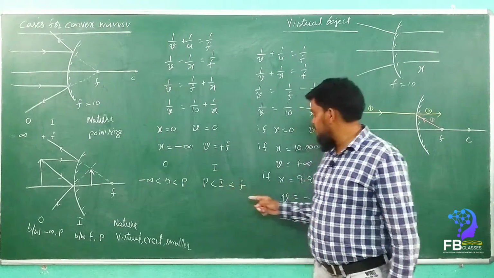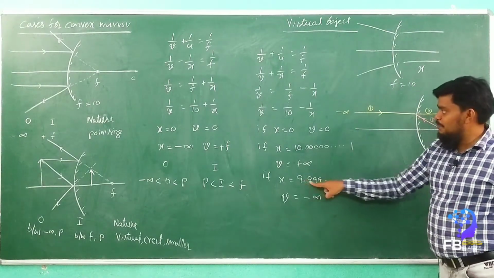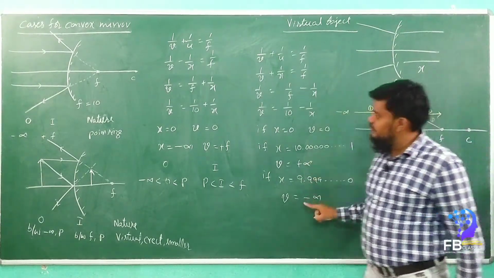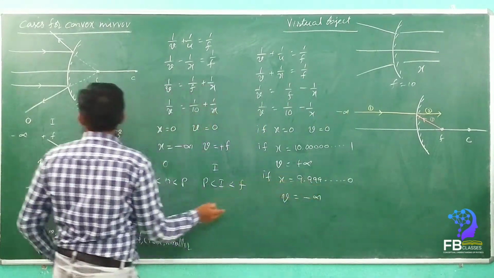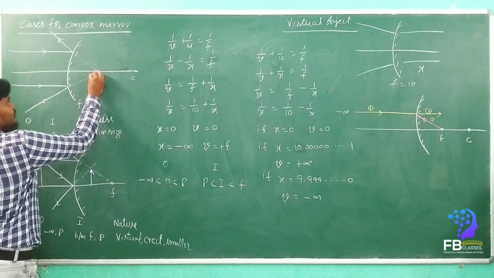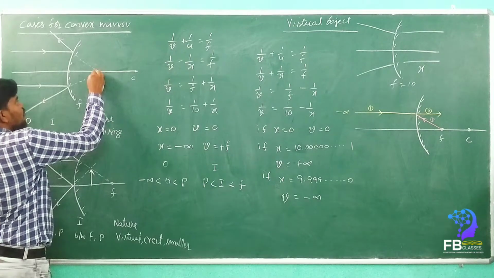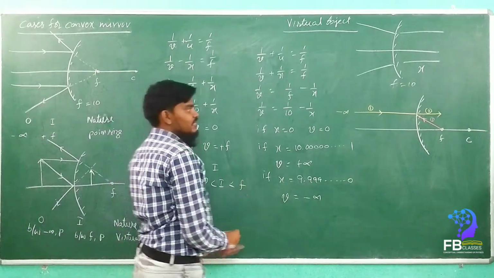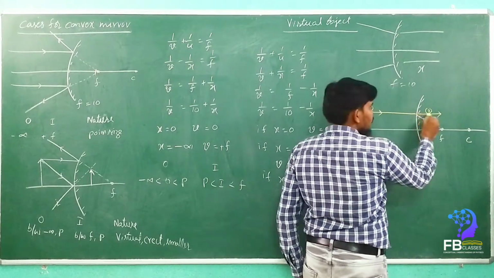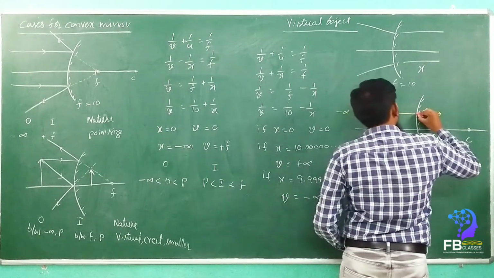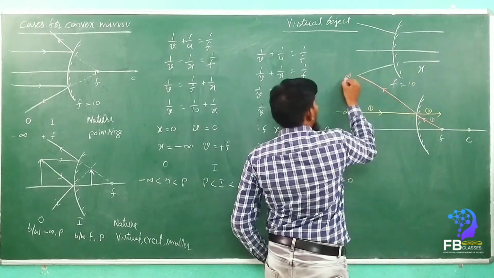See, pole to F, what will happen? It is on minus infinity. Yes or no? See, 9.99999, just behind. See here, it clearly says that 9.99999, if you are taking this as an object, then we are placing the object here. When we are placing the object here, where will the image form? Minus infinity. So that means when the object is moved from pole to F, the image will move from pole to minus infinity.